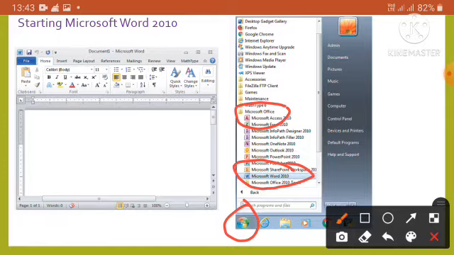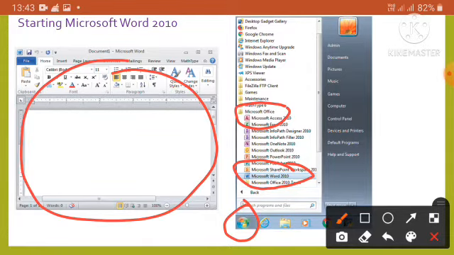Whenever we click on Microsoft Word 2010, a blank document opens in MS Word 2010 as shown in this figure.